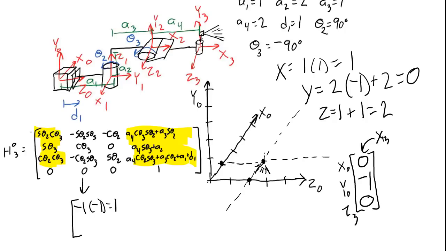That equals +1. Since we've found a 1 in this column, we know that the other values in the column are going to have to be 0. So this is telling us that the Y3 direction is the same as the X0 direction. The Y3 direction is that way. So I could draw the can